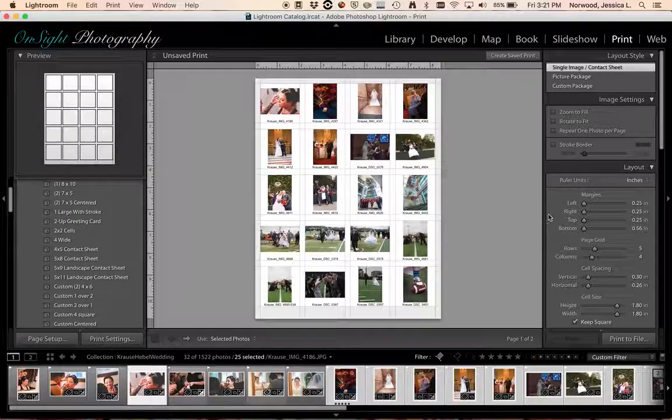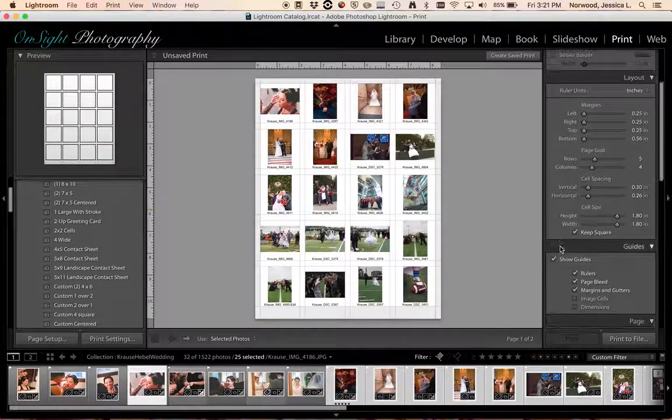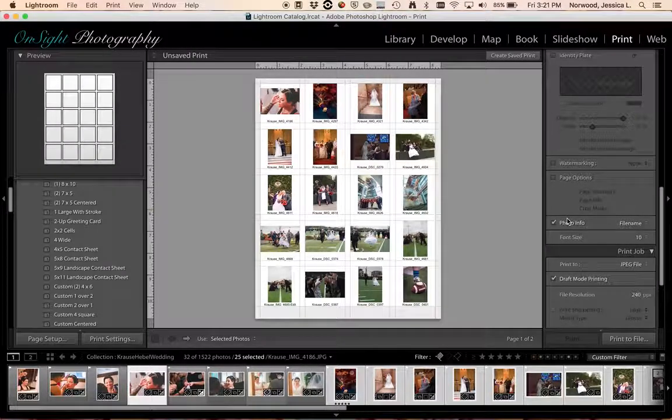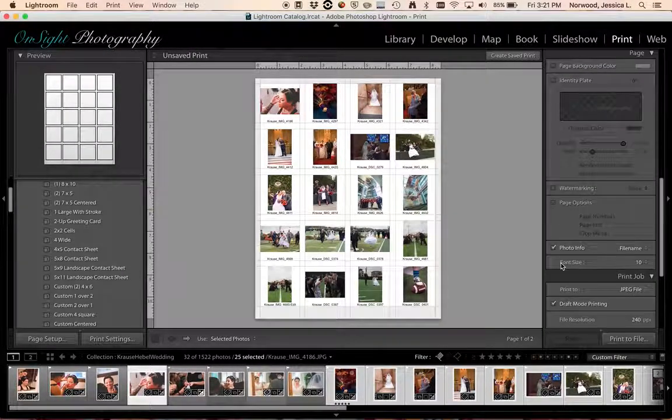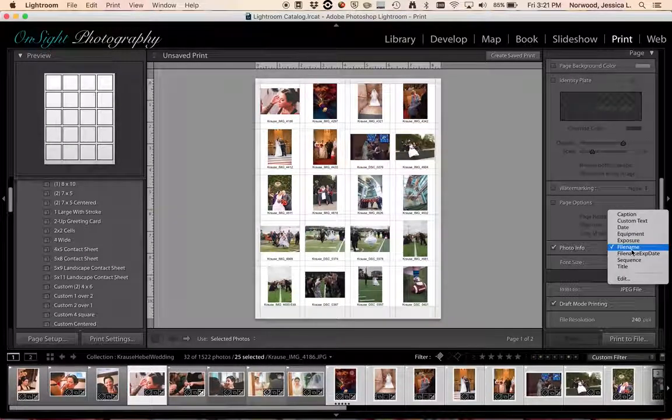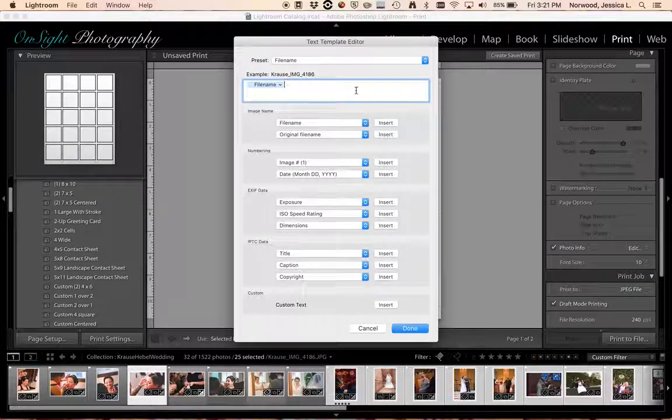But it puts the image number by default. But you can choose down here, if I scroll down to photo info, so it's under the page tab, photo info, it's checked on right now. If you go in here and you edit, you can choose what information appears underneath. So if you want file name and maybe the date that it was taken for something, I often print contact sheets for like vacations or special things that we do